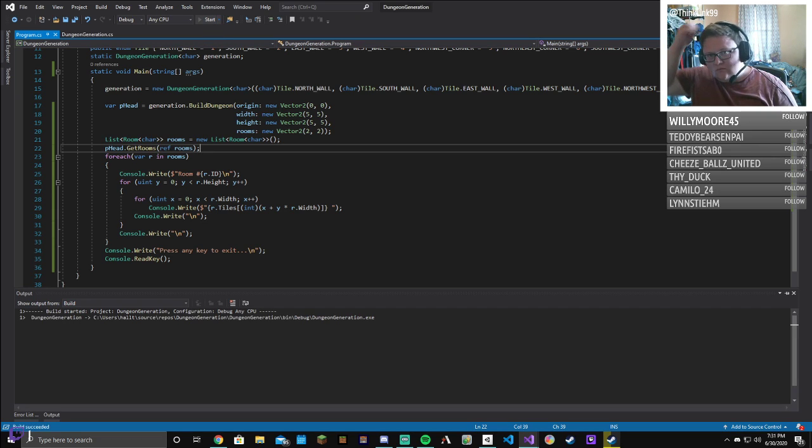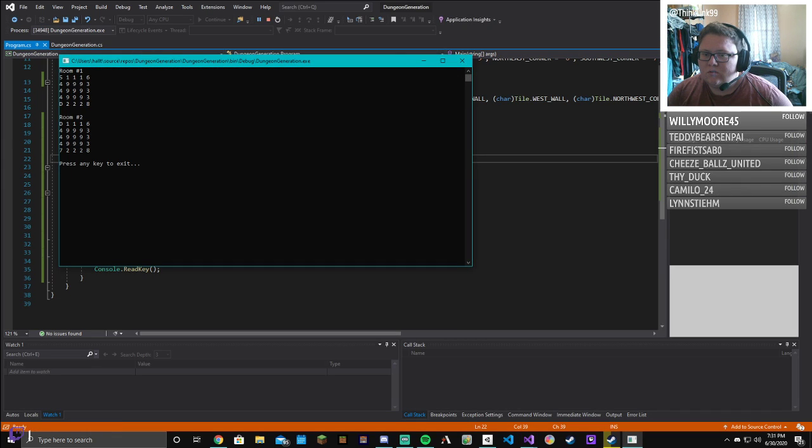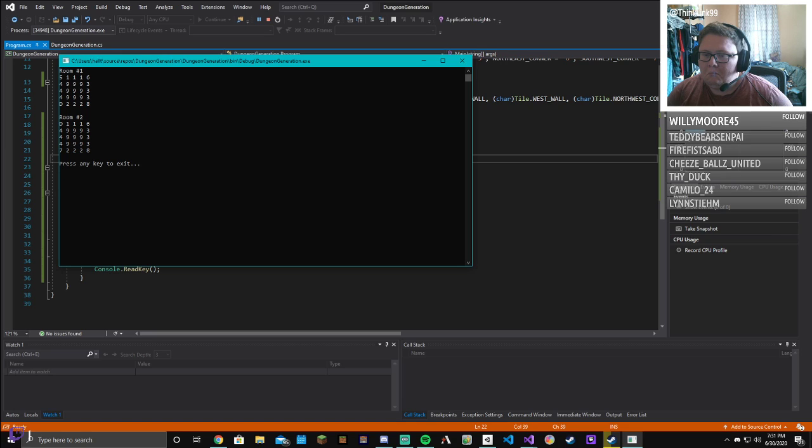Let's see what it gives us. Okay. Interesting. So for the first room, we want to disregard what the direction is, and instead say, okay, when you place the next room,